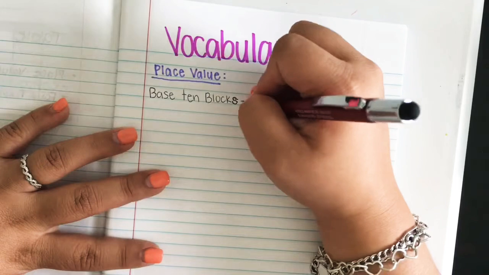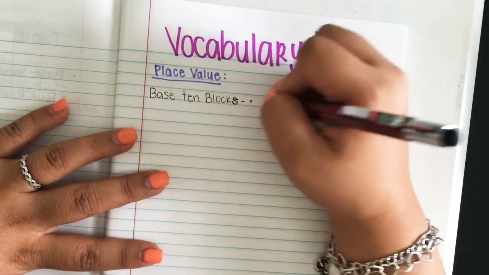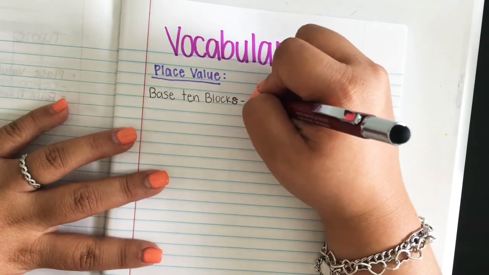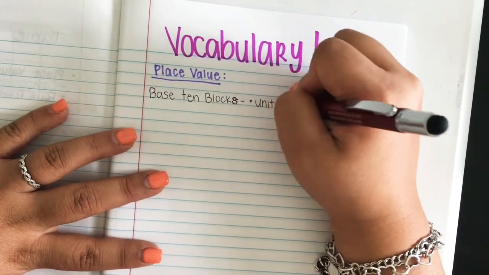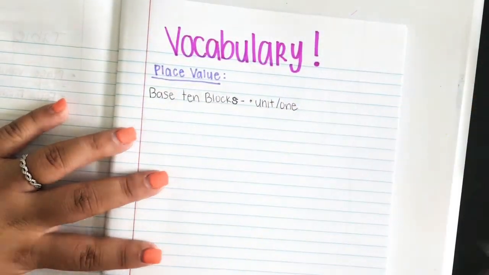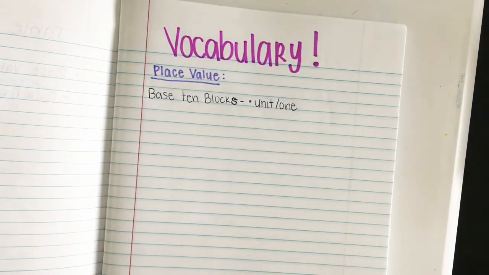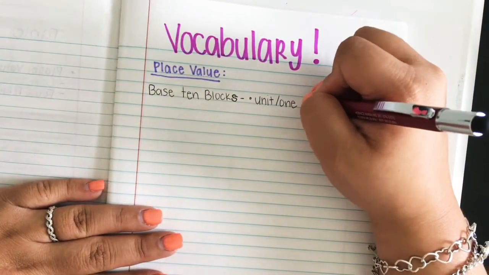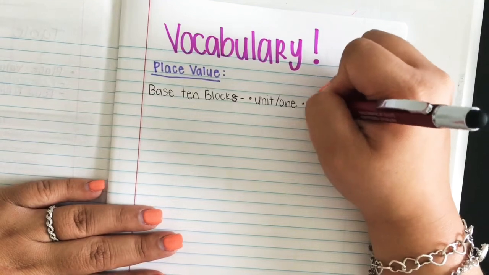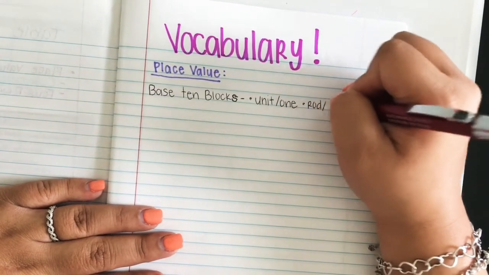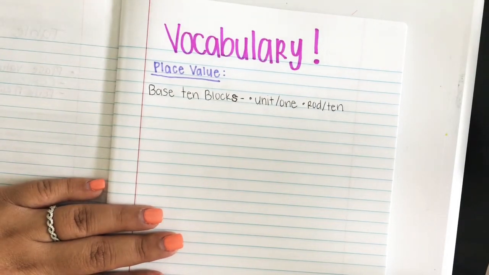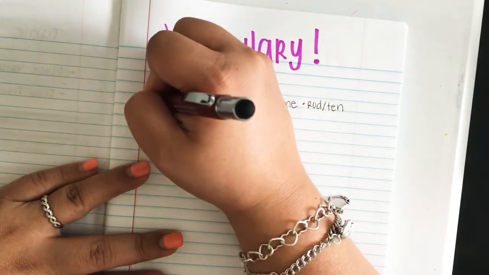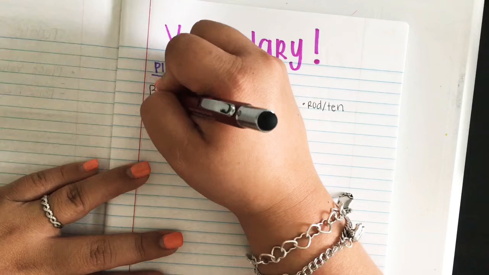So one of the very first ones that we learned was a 1 or a unit. Okay. Then the second one that we learned was a rod or a 10. Our next one we learned was a flat